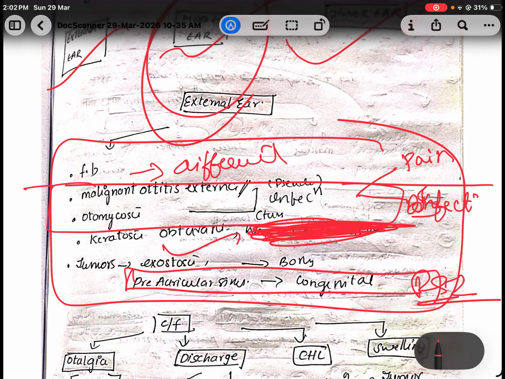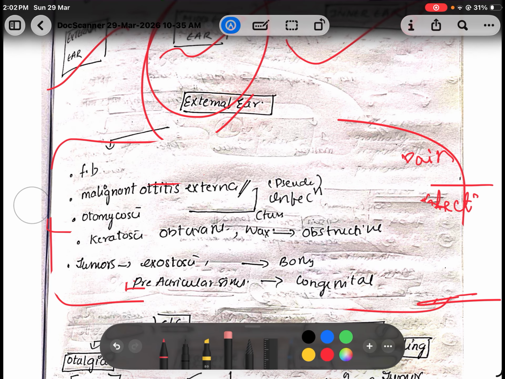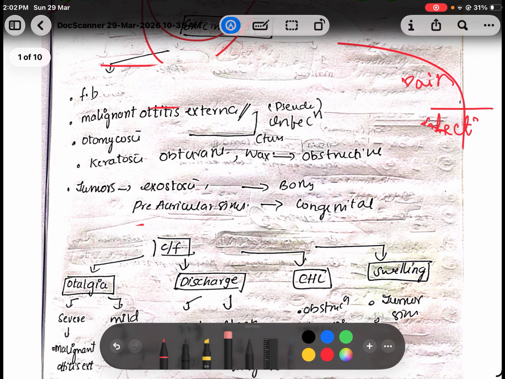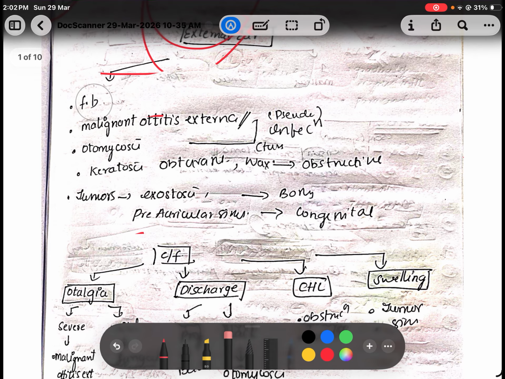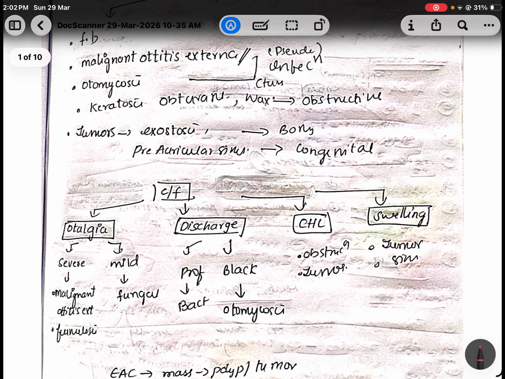Okay, so if you have this kind of overview in your mind, you know what you are dealing with already. So you need not break your head a day before the exam. Even if you are going through it a day before the exam, I think it's fine if you have this kind of approach. Okay, now coming to clinical features in